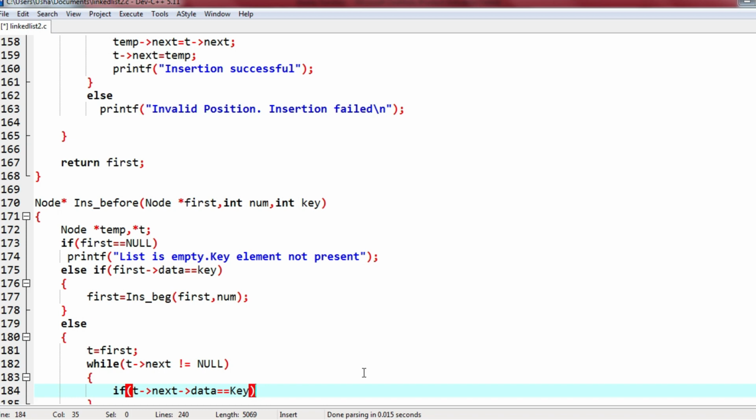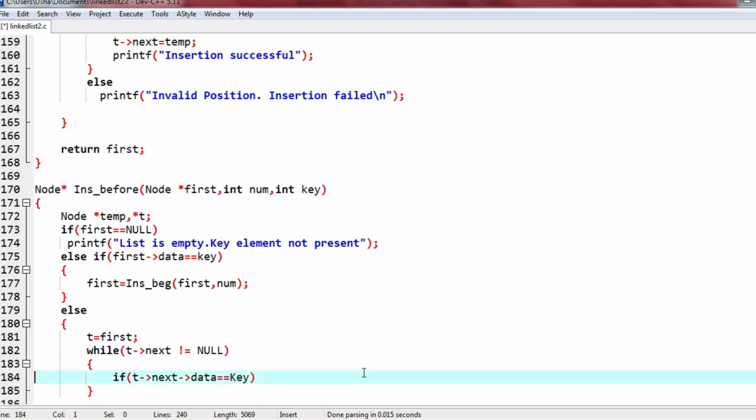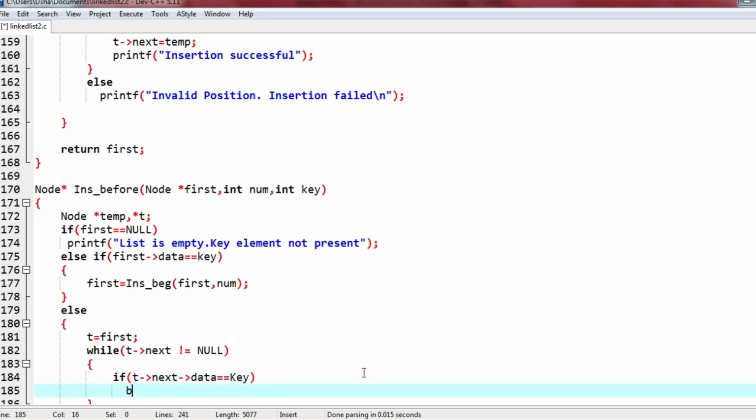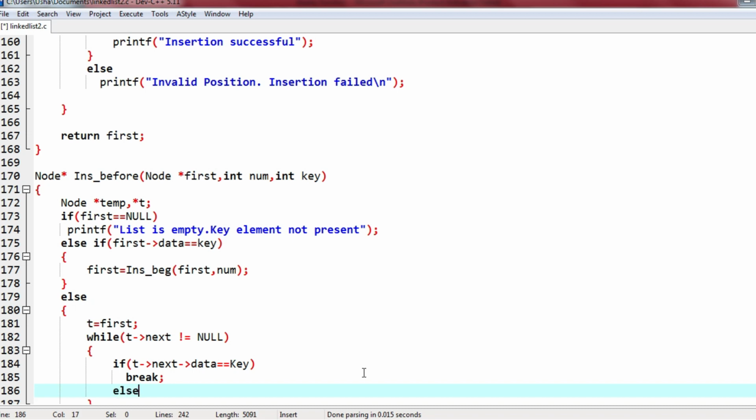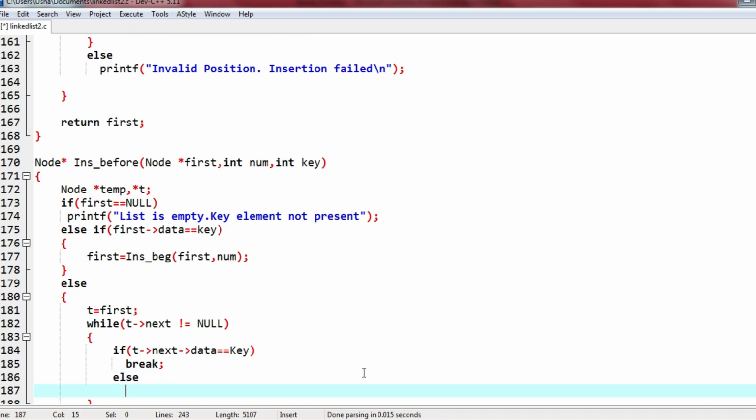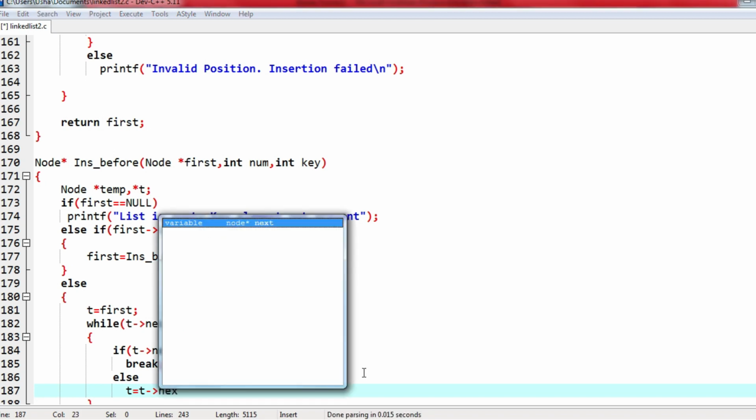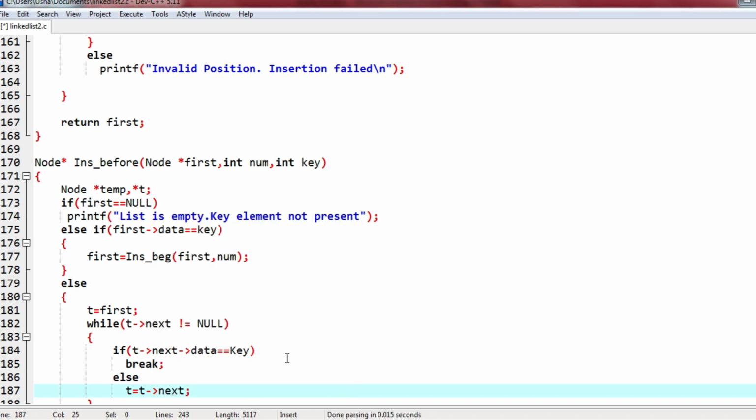If t next data is equal to key, break, else t is equal to t next. Okay, t next data is equal to key, we break the loop, otherwise we just move forward.